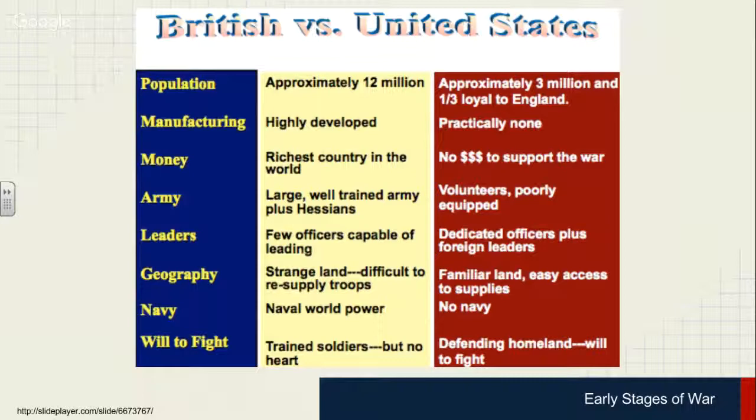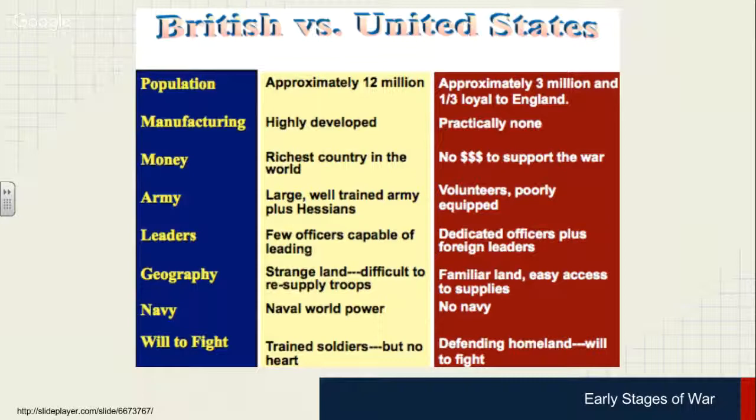So, as you can see, most of the advantages did go to the British. They had more people, better manufacturing, more money, better trained army, as well as being a naval world power. But of course, the colonists do have some advantages. And these advantages, as we know now, looking back towards history, will ultimately decide the war in favor of the